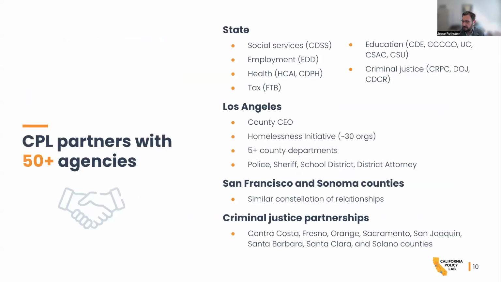Next slide. Okay. So these are just some examples of the agencies we work with. We have over 50 agencies that we have ongoing partnerships with. We've listed acronym soup in this top part about the state agencies that we work with: the California Department of Social Services, the Employment Development Department. I can never remember what HCI stands for, so I'm not going to try. But the California Department of Public Health, the Franchise Tax Board, each of the 3 higher education segments, as well as the California Department of Education and the Student Aid Commission,